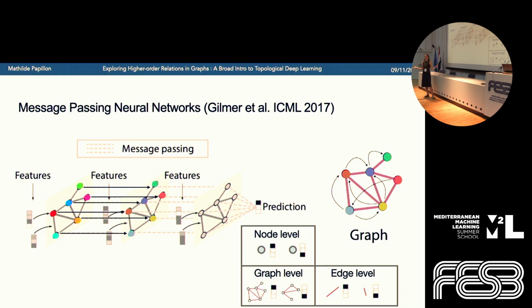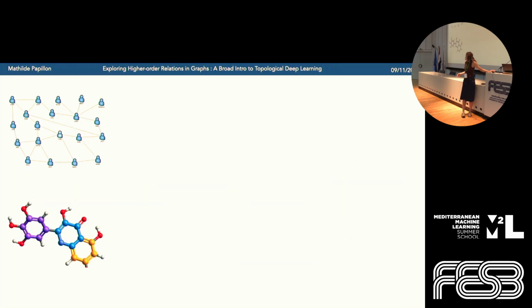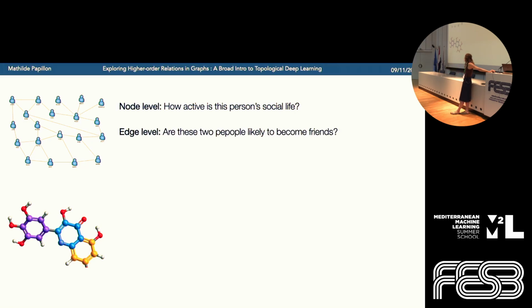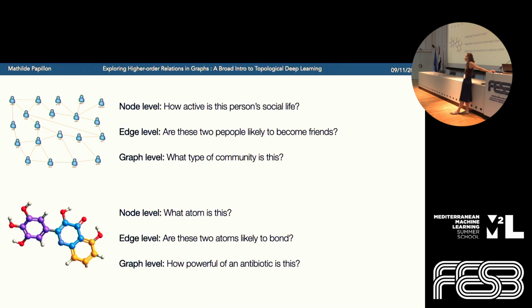These are all different tasks, and we can consider some examples of each. So coming back to my original examples of the social network, you could ask something about the person specifically, a relationship between two people, or something about the group at large, and similarly for the molecule. Okay,